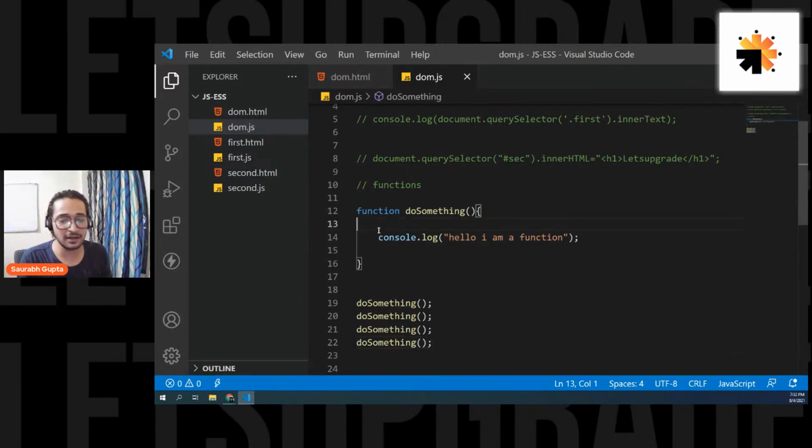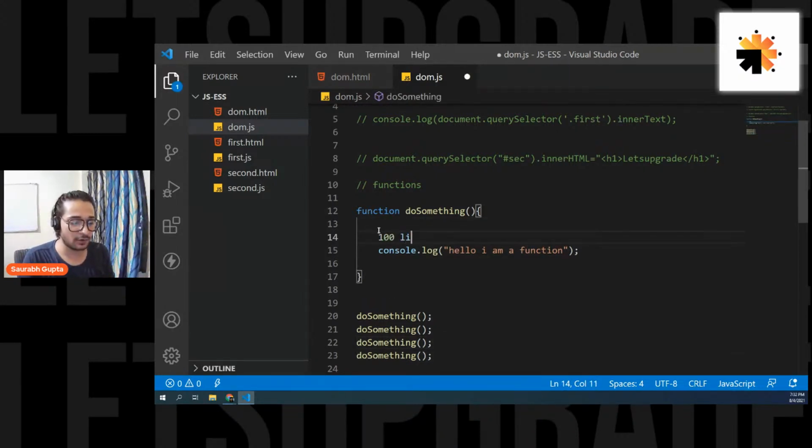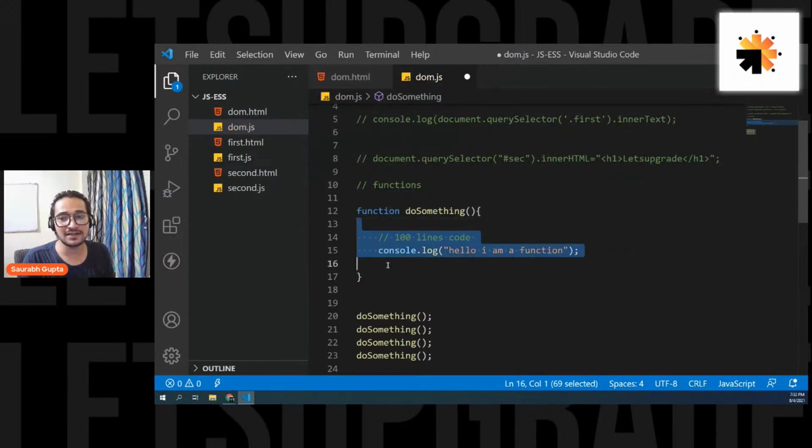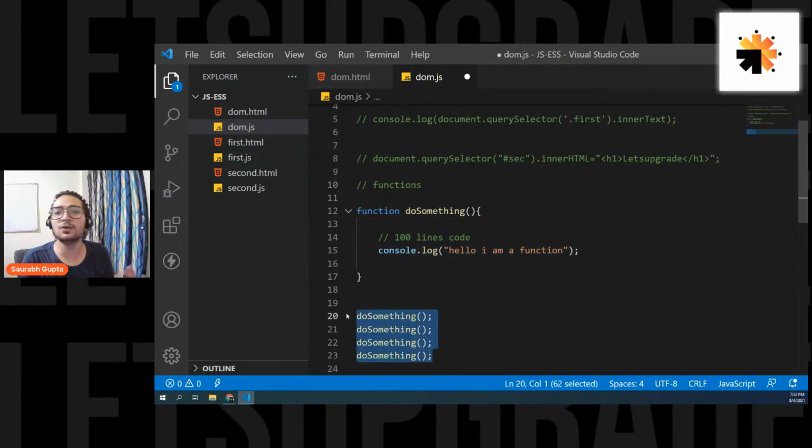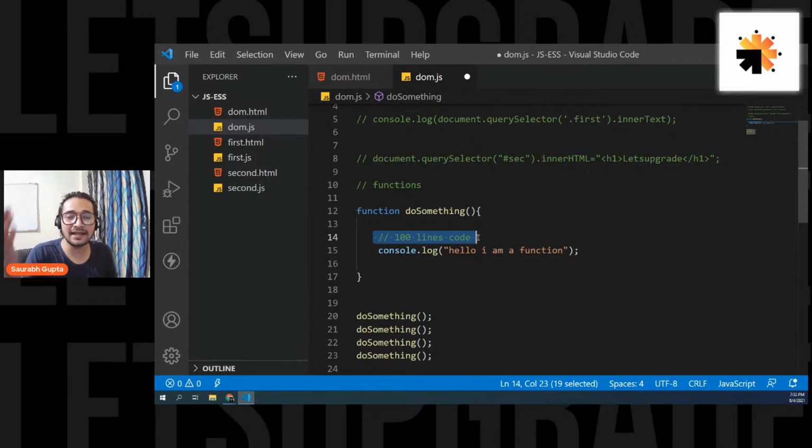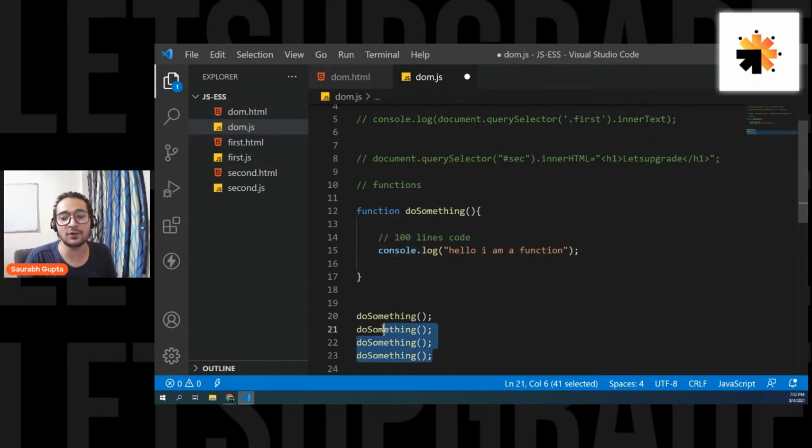So let's say, for example, here inside this, you have 100 lines of code. You wrote it only once, but you can just call it any time and use those 100 lines anytime, anywhere. Is that clear? If you don't have the concept, you have to write these 100 lines every time you need them. But now you can simply write those 100 lines, give it a name, and then call it. And that's how you're getting reusability. You don't have to write these 100 lines 4 times. You can simply call the function 4 times. Is that clear? That's what function gives you.